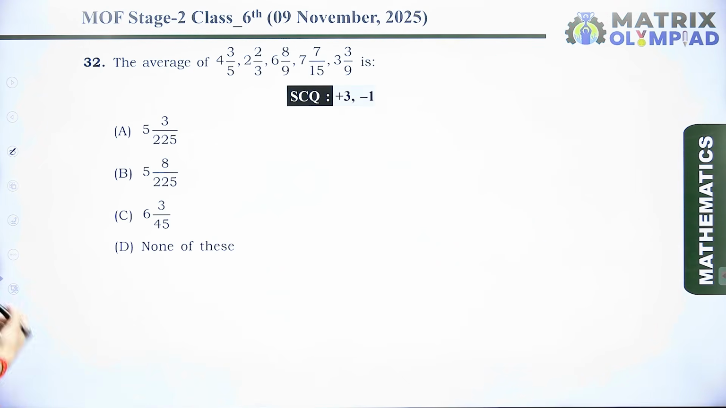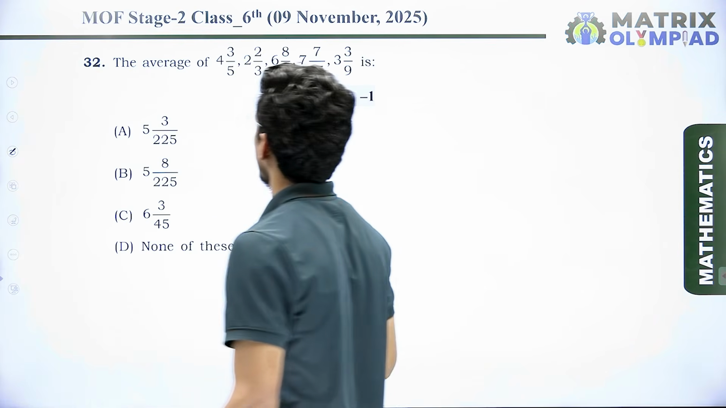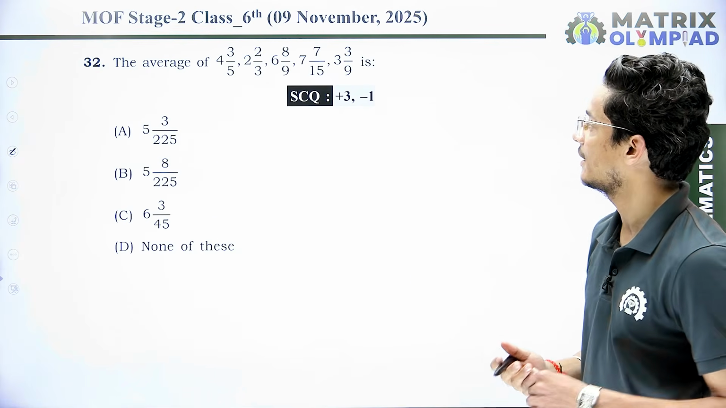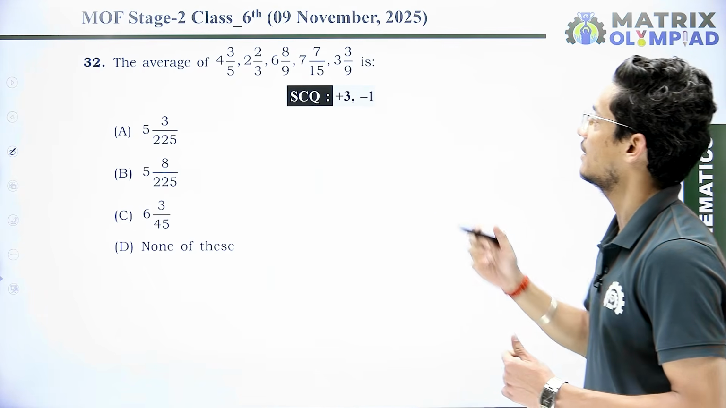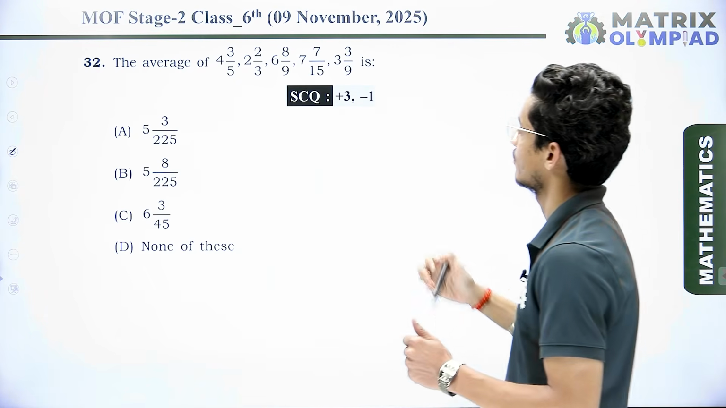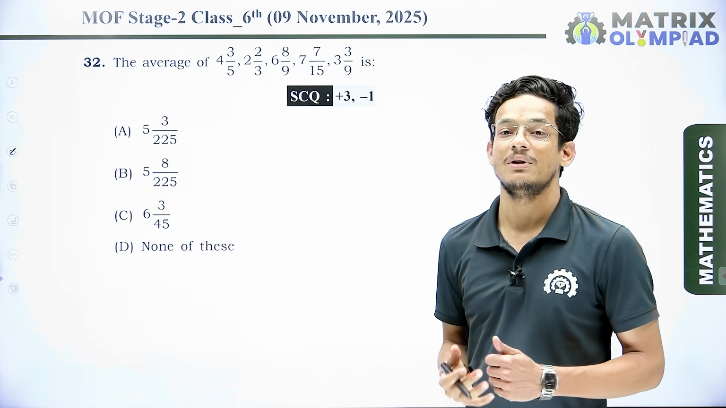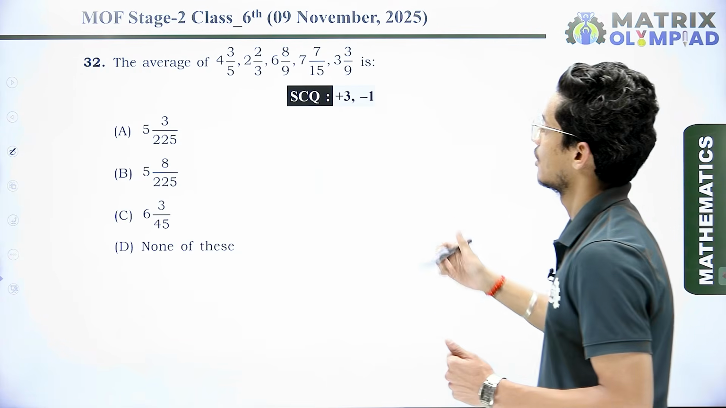So now if I talk about the next question, that is the average of 4 and 3 by 5, 2 and 2 by 5, 6 and 8 by 9, 7 and 7 by 15 and 9, 3 and 3 by 9. So here we have to find the average. So first we know average is equal to the sum of all observations divided by the number of observations. So here I can write